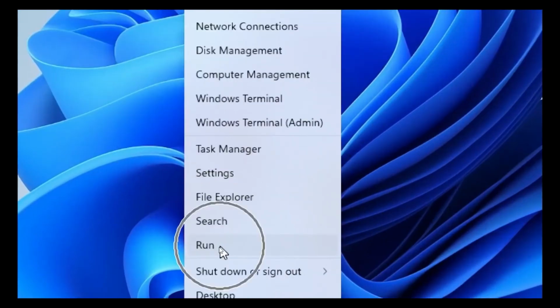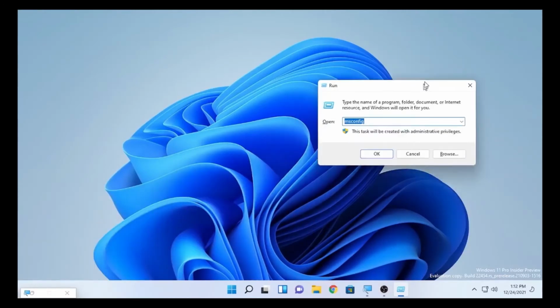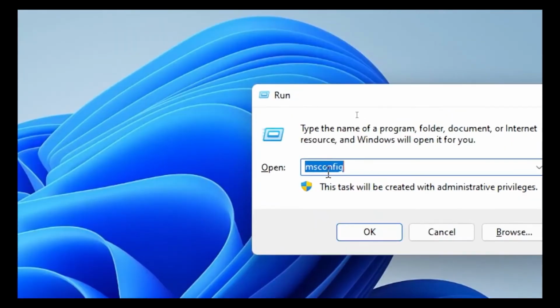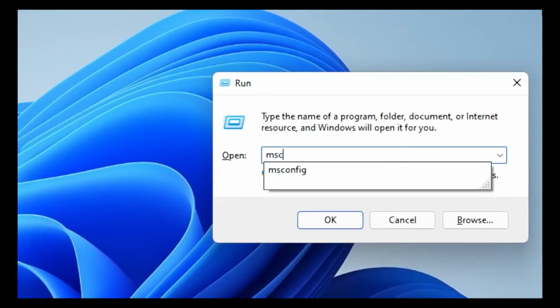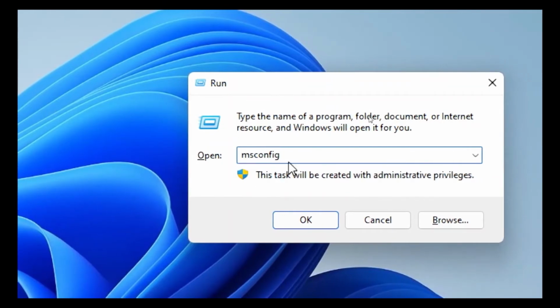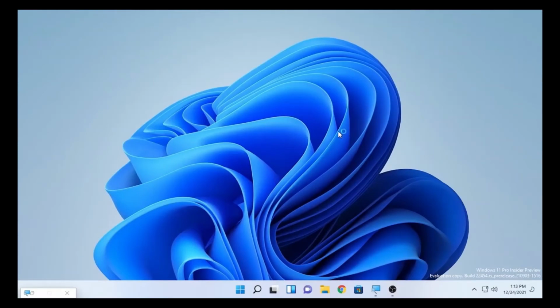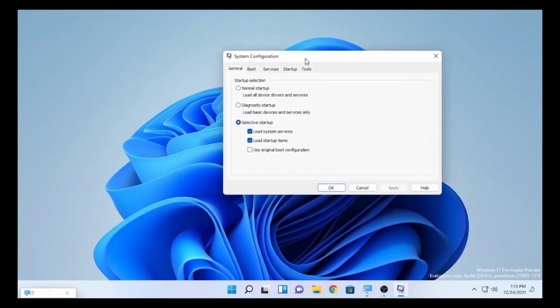So select run and type under the run section here msconfig. Let's type it again, msconfig, and select OK.